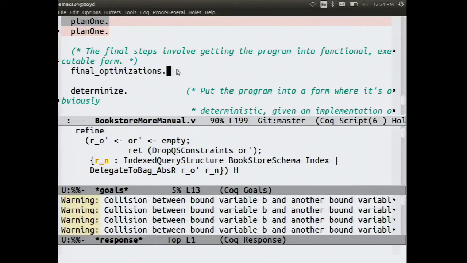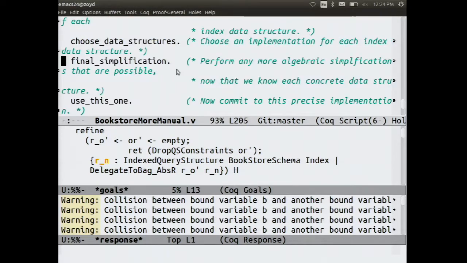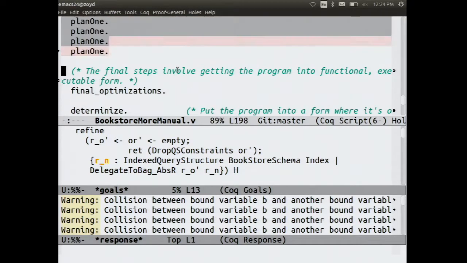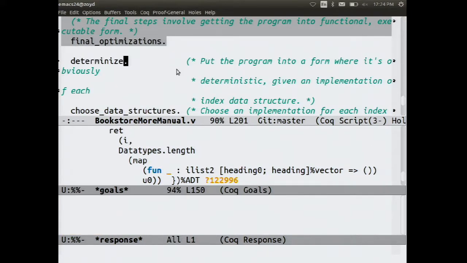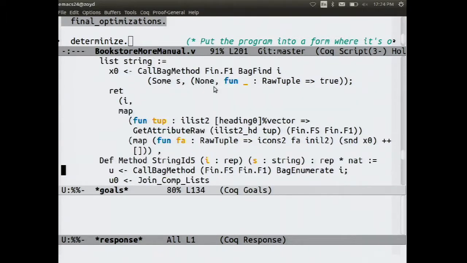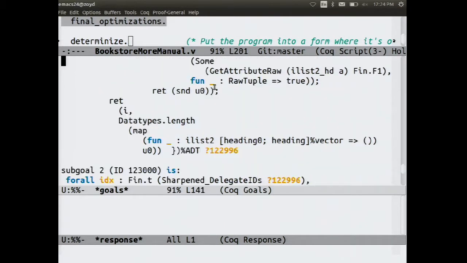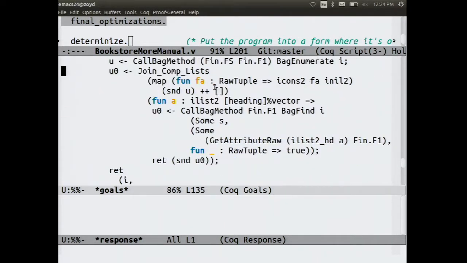And that is going to be the final answer. So a few optimizations happen there. So let's see what determinize is doing. We still have methods that include operations like this one that are not obviously rets. So let's see what determinize does to that.